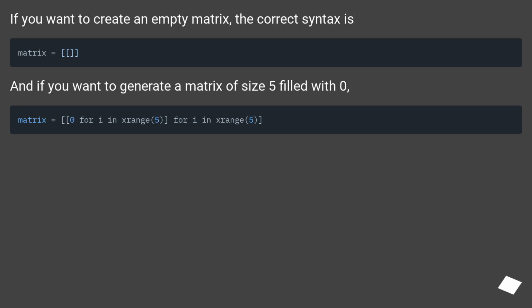if you want to create an empty matrix, the correct syntax is. And if you want to generate a matrix of size 5 filled with 0,